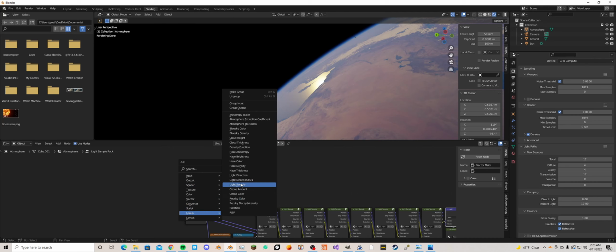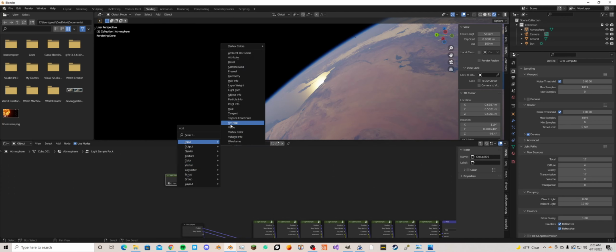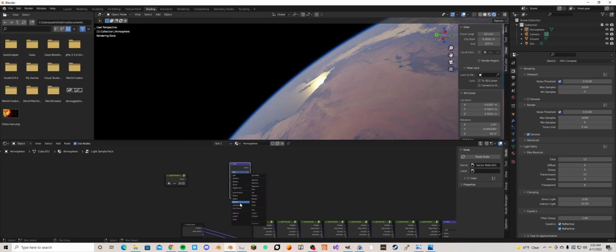Or sorry, we're going to use light direction. So I'm going to do a converter, vector math, dot product, to get basically the cosine of the angle between the